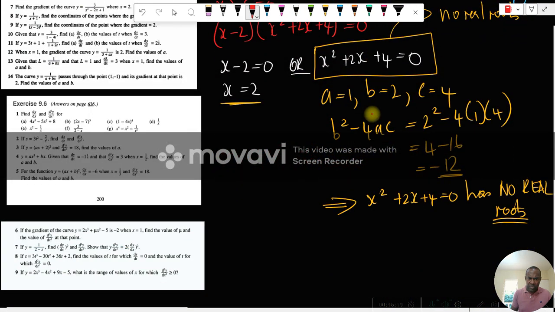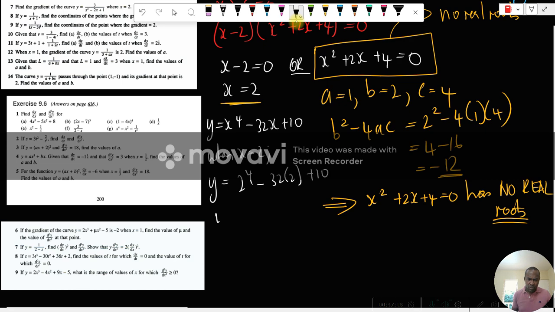So y equals x to the fourth minus 32x plus 10. When x equals 2, y is equal to 2 to the fourth minus 32 times 2 plus 10. So y equals 16 minus 64 plus 10. 16 minus 64, that's minus 48. Minus 48 plus 10, that's minus 38. So y is equal to minus 38, which means that the point